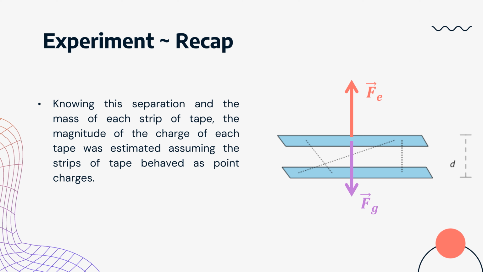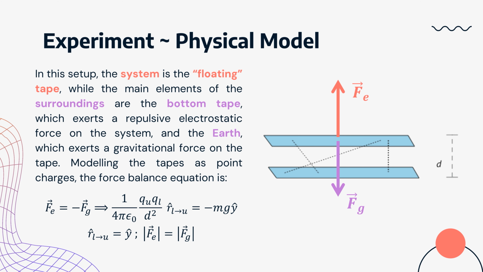Knowing the separation and the mass of each strip of tape, the magnitude of the charge of each tape was estimated, assuming the strips of tape behaved as point charges. In the setup, the system is a floating tape, while the main elements of the surroundings are the bottom tape, which exerts a repulsive electrostatic force on the system,